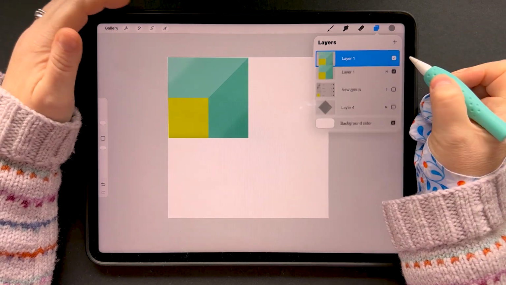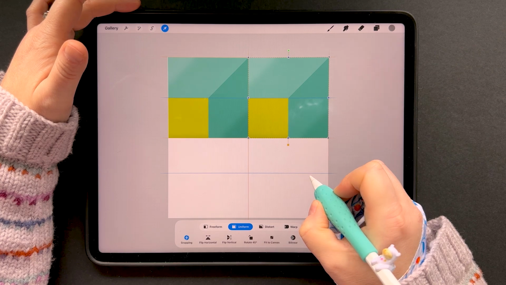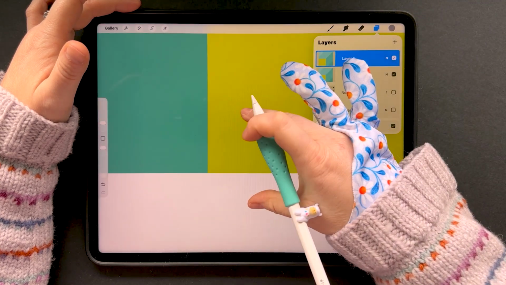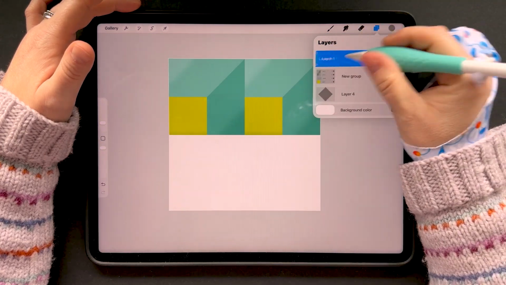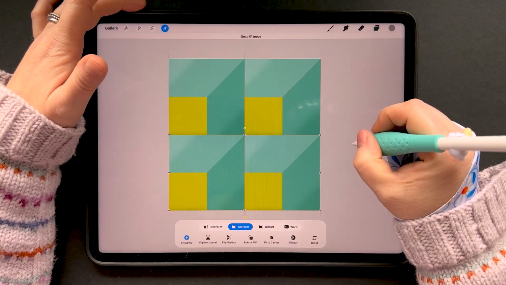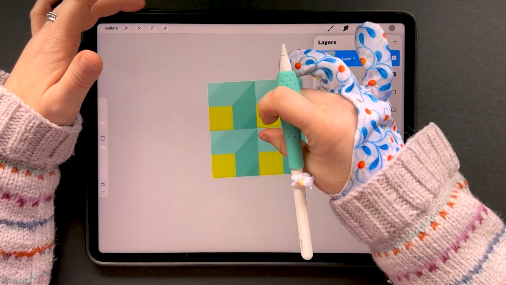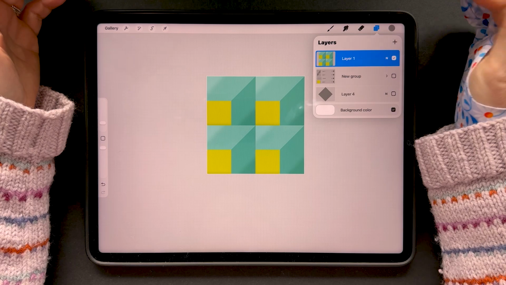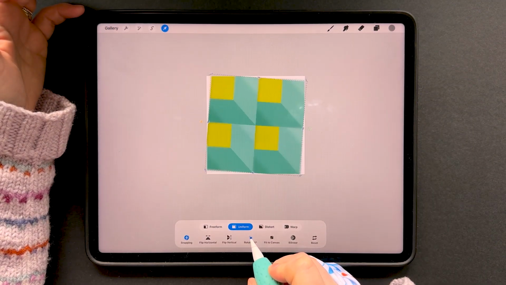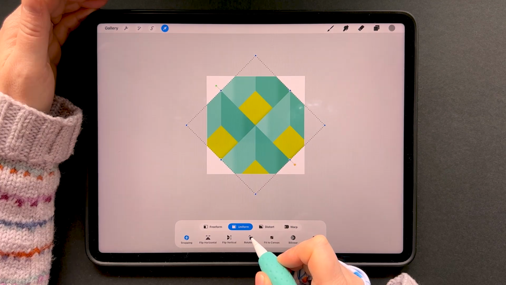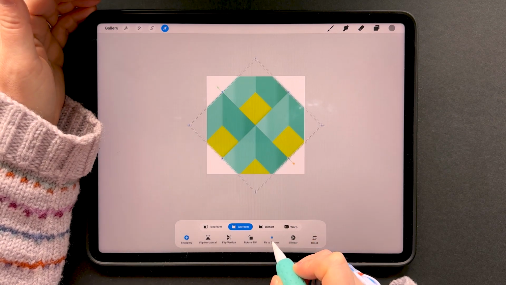I'm going to duplicate it, tap transform and snap it over here. Zoom in, make sure that's lined up. Pinch those together, duplicate, tap transform and snap that down to the bottom, and again just zoom in and make sure that's looking okay. Then we can pinch that together, tap transform, and we're going to rotate this 45 degrees until those green diamonds are at the bottom. Then we're going to fit it to the canvas,